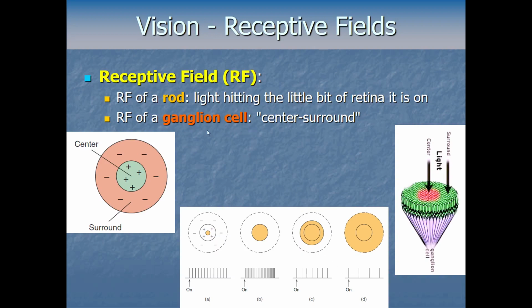So that's how a ganglion cell works. Its receptive field is center surround. What it's trying to do is get very specific about where the light is falling, even though it's hooked up to a bunch of different rods. That convergence gives it a lot of sensitivity, as we saw, so that's very useful for picking up even faint bits of light by combining across an area, but we still want to be pretty specific about what that area is. So the center is its way of being specific,